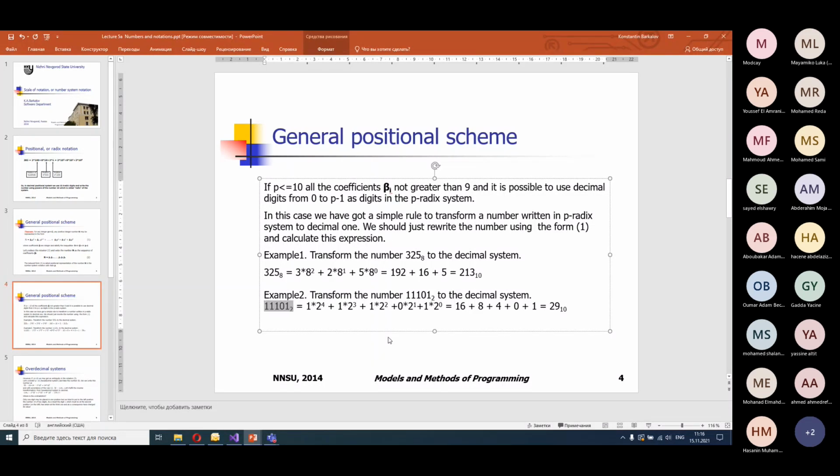How to convert the binary number into decimal? Again, number the digits starting from 0: 0, 1, 2, 3, 4, and write the formula with corresponding digits and powers of 2. Here the radix is 2, and we use